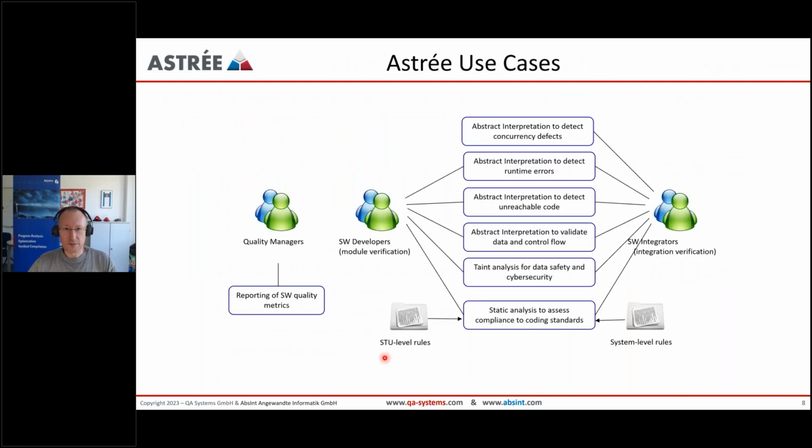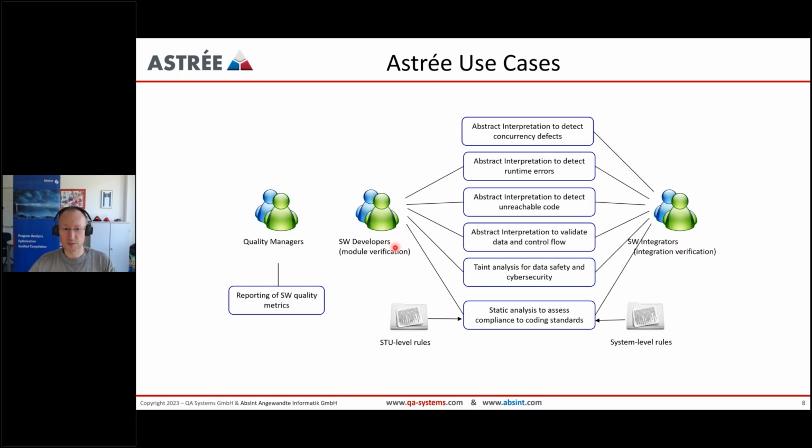Okay, so let's look at the different use cases you have with ASTRE. The obvious thing is that, just like QMISRA, you can use it to report code metrics and reason about the general quality figures, quality numbers. And then beyond that, it's the software developers or the software integrators side, which you see here.